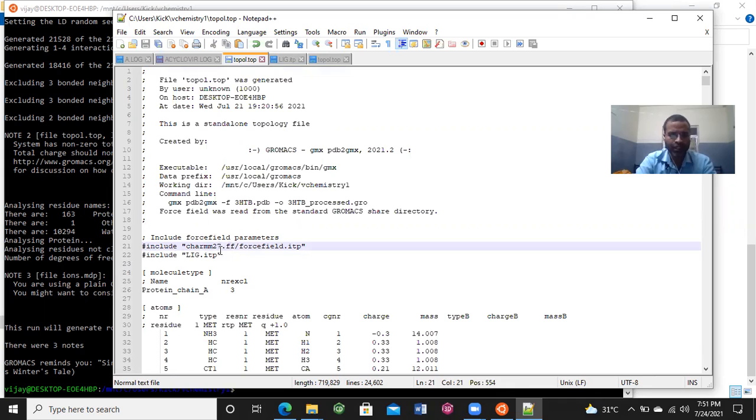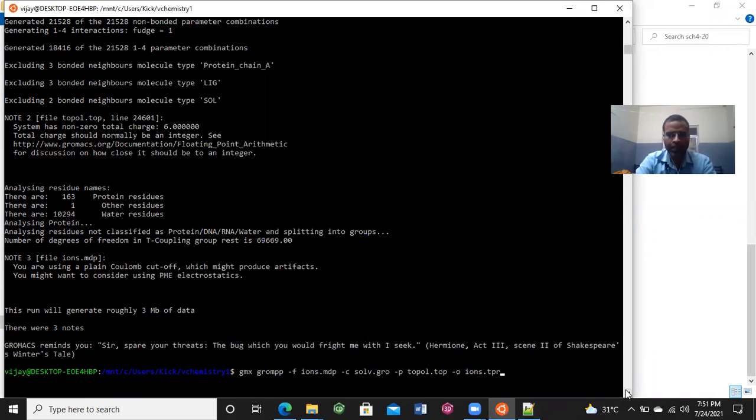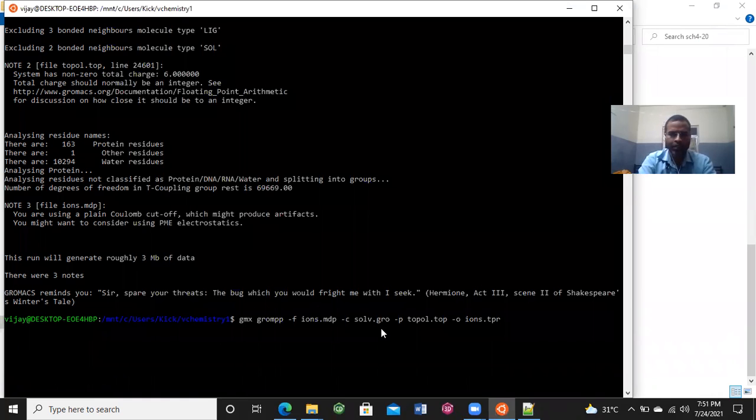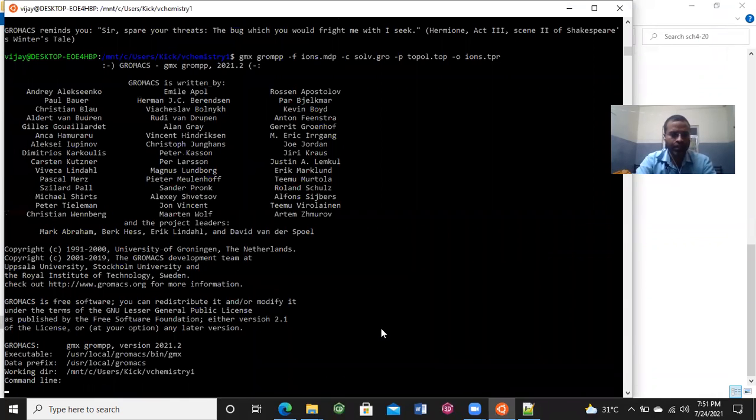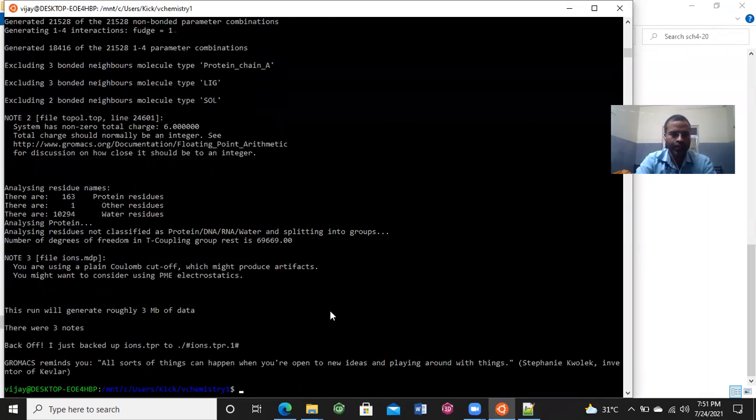So just copy this line from that place, place it here and save the topology file. Now go to the command, gmx grompp -f ion.mdp, and press enter. You find that your problem is solved, and here there is no error.